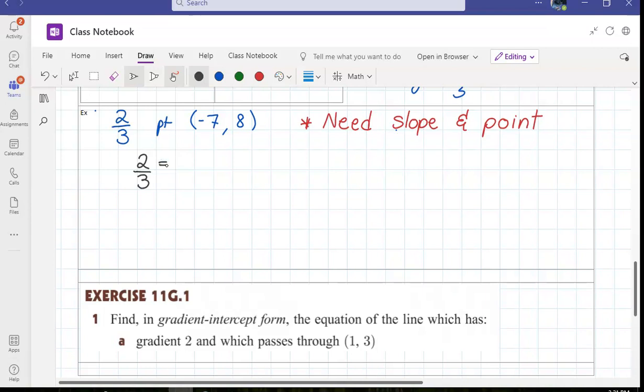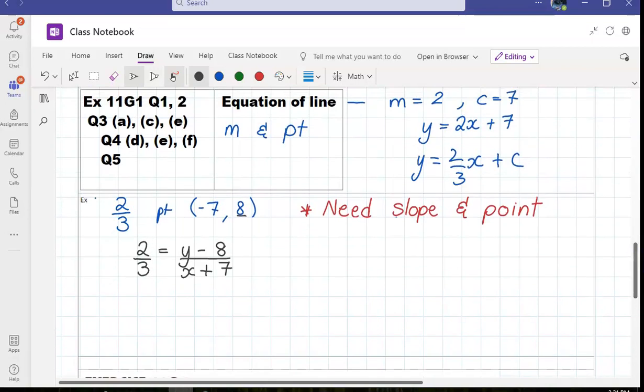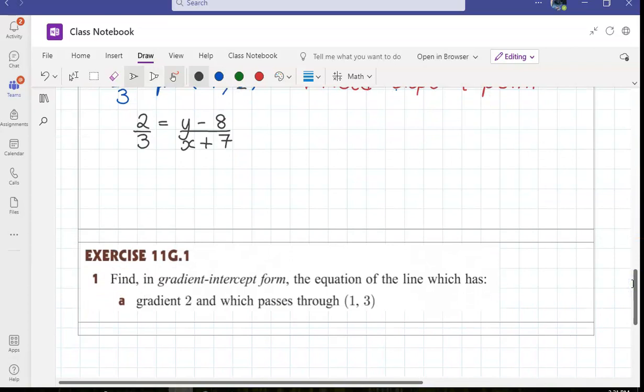Y take Y. So I have to put the Y in there because that's in my equation. Take my Y value. And then it's going to be X take my X value. So plus 7. And guess what we have to do? Cross multiply. You might be going, hey, Miss McDonald, you were just complaining about fractions, and you've introduced fractions over here. But look at this. In one swift maneuver,